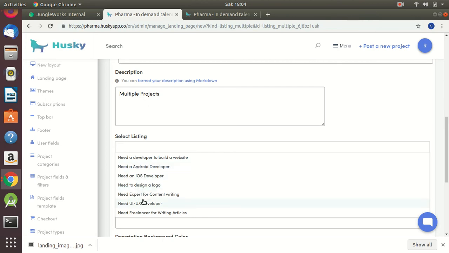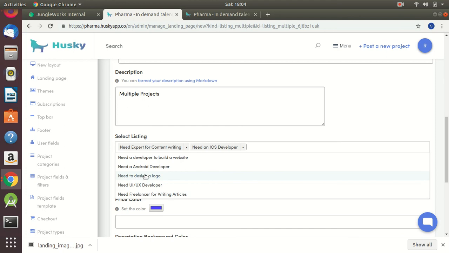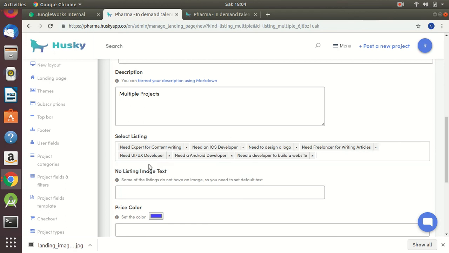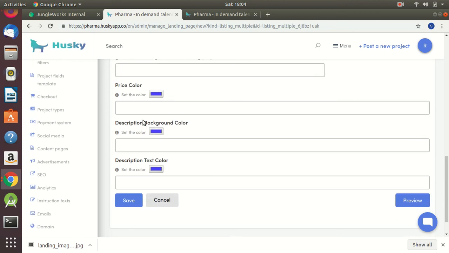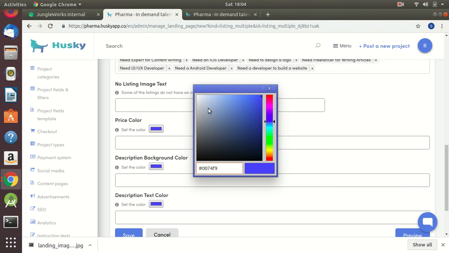So I'm choosing these. I'm not writing anything for price, and we can set the price color the way we want.